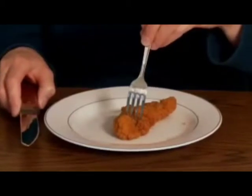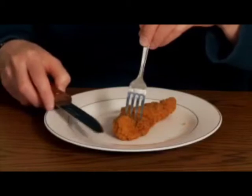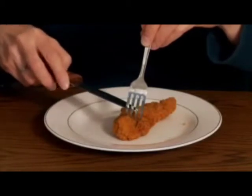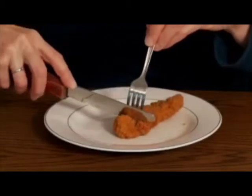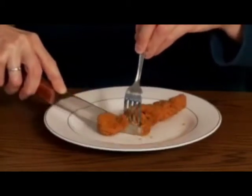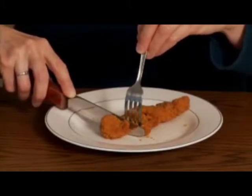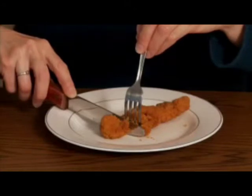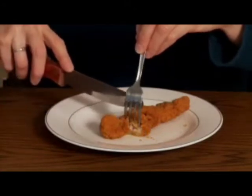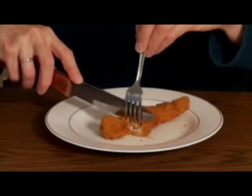You take the knife, find the cutting edge of the knife, either on the side of the plate or the fork. Then slide down the back of the fork and saw back and forth until you get to the plate. And then once you've gotten that piece cut, you're going to reach the knife under the fork to hold the meat stable, while the fork then jumps over the knife,